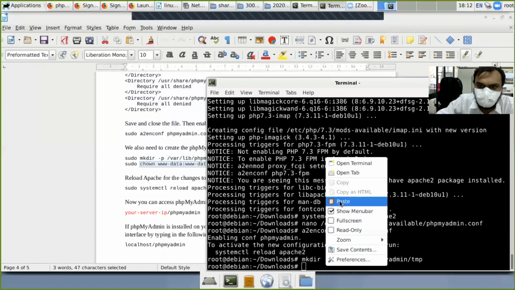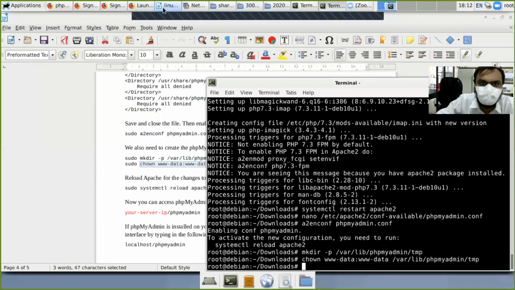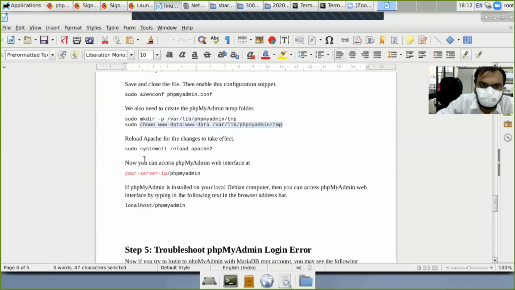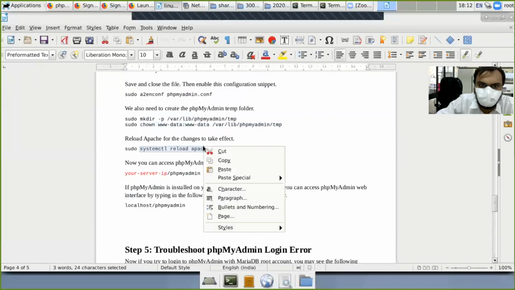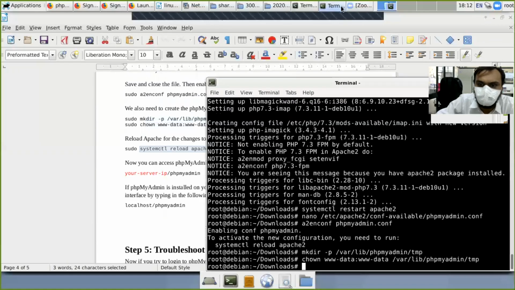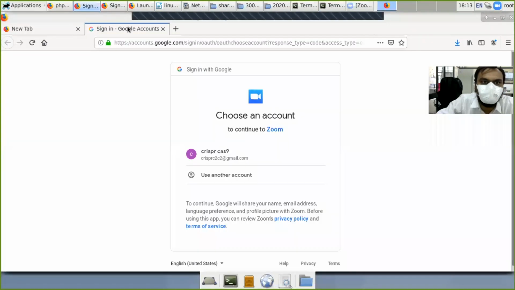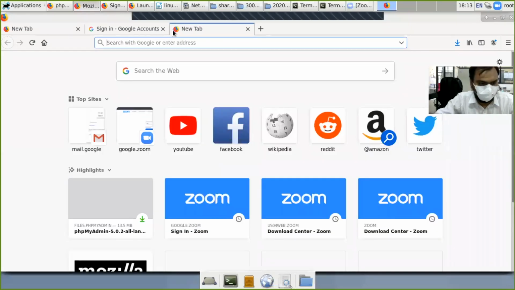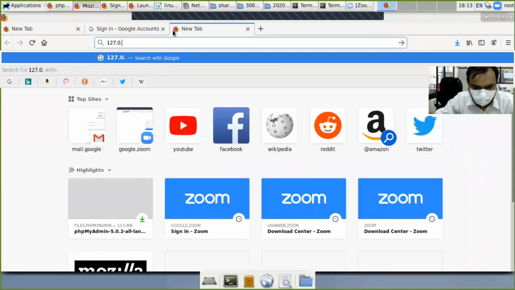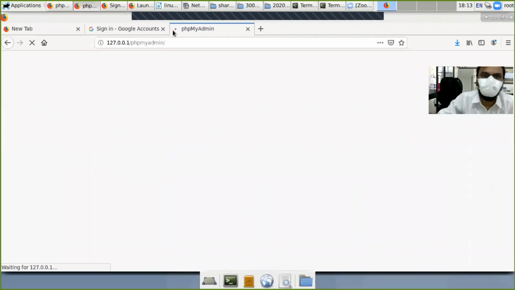Then again reload your Apache, and now you can type 127.0.0.1/phpMyAdmin in the browser. If it is installed properly, it will show you like this.